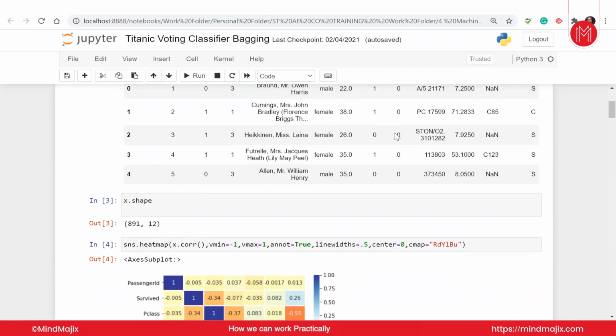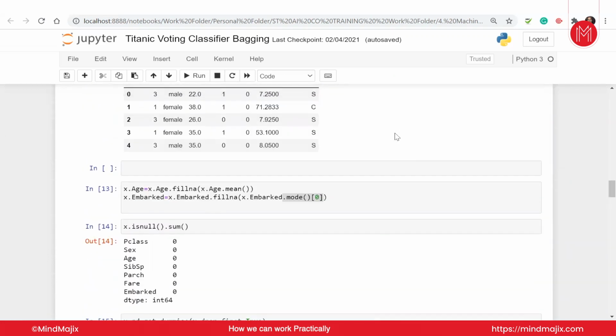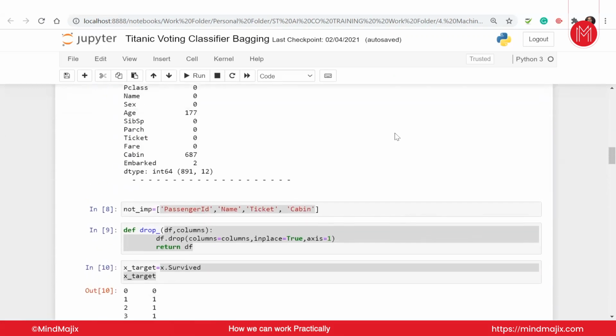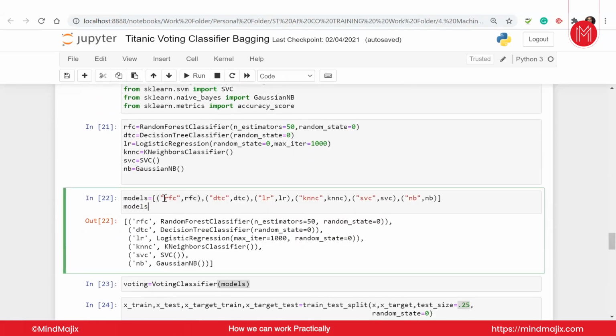Again, there is no hard and fast rule in machine learning, like any other algorithms, that this is the best or that is the best, but you usually have to do hit and trial to get the result. Also notice when I'm creating this voting classifier, let me show you. I created a list of tuples, which is the most important step here. You have to create a list where each value is a tuple, where the name comes and the value comes. Now, name can be anything. It is just that you have kept the name and value the same. You may keep it anything, and that will work perfectly for you.